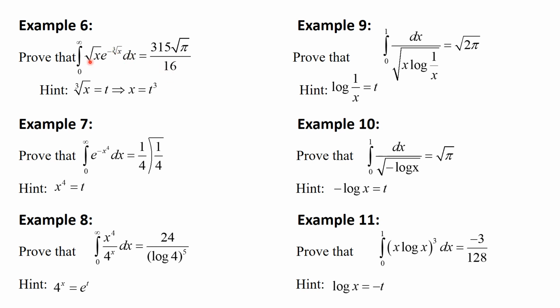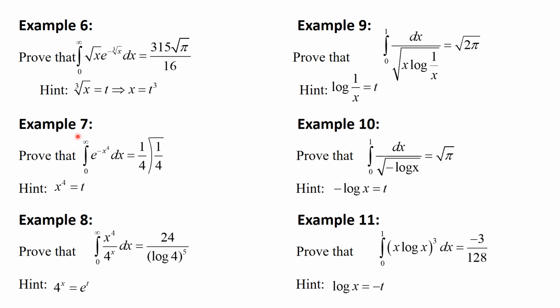So see, the integral is from 0 to infinity. E raised to minus x is the required term to use the gamma function with x raised to some power. So to convert this to some variable term we use the substitution cube root of x is equal to t. Cubing both sides, that means x is equal to t cube. Calculate the values for x and dx. The value for e raised to minus cube root of x turns to e raised to minus t. See the limits and try to simplify the answer and get the right hand side.